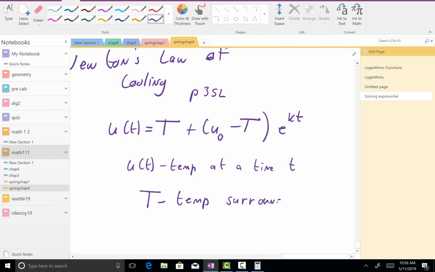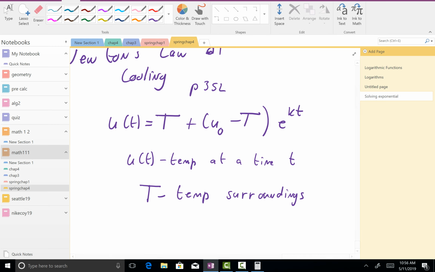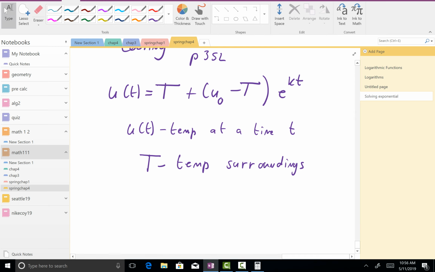And K is that constant that we're always trying to find, right? So again, you wouldn't have to memorize this equation. They're going to give it to you, or I'm going to give it to you, or whatever. All right, so it would be there. So example number 4 in our book here